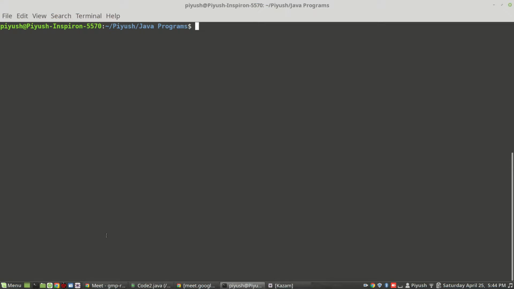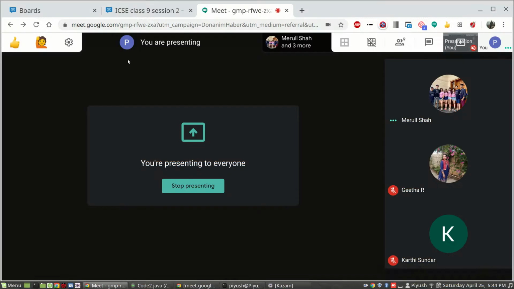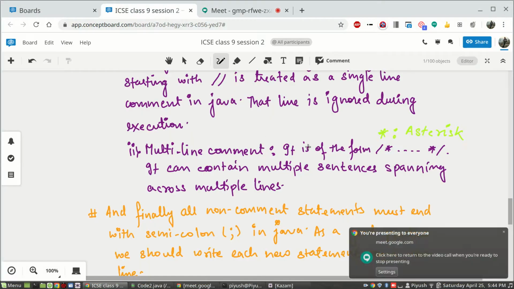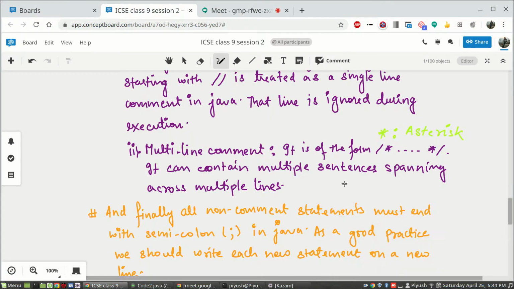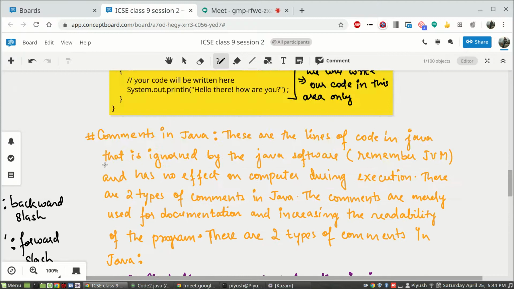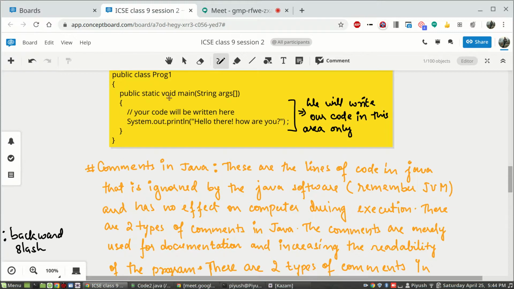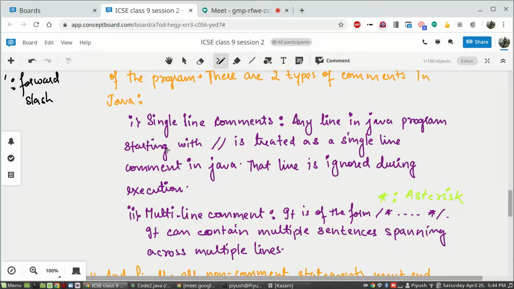Okay, now we have seen two aspects of computer programming. We are slowly and steadily starting with the programming part. One thing is that everything that you are going to write is within this template, especially within the curly braces of void main. And secondly, whatever you are going to do, wherever possible, you have to document your code in the form of comments.